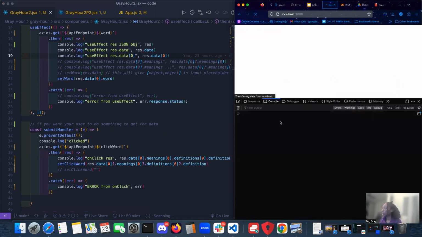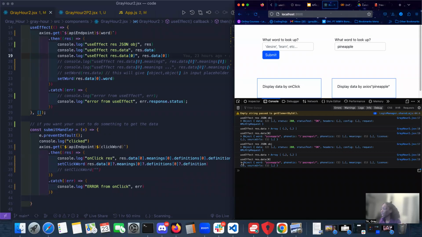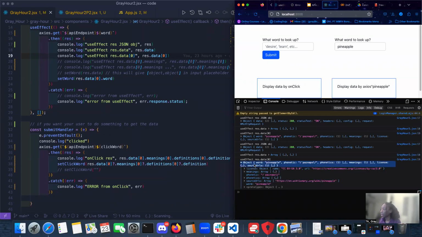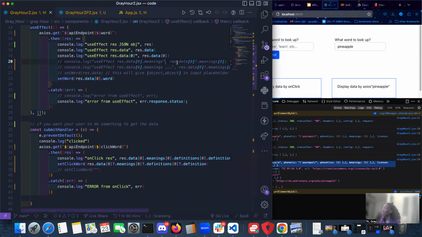So now I'm going to refresh again. And now we have the first item in this array, and it looks like it has an object. So again, same word, still pineapple and so on and so forth, still there. But now we're able to have access to other things in here. So it looks like there's something called word, then a phonetic, like how you say it. There's something called meanings there. There's a few things in this object. So now if I want to access this array, this information, then I'm going to go to my 4th step